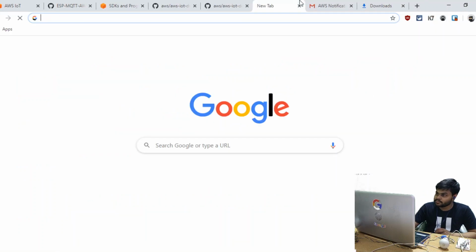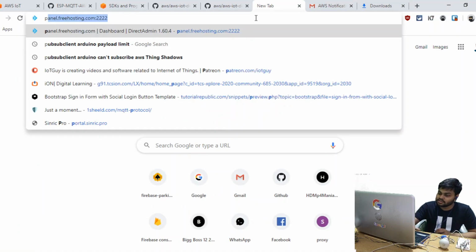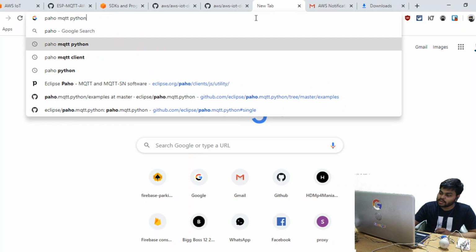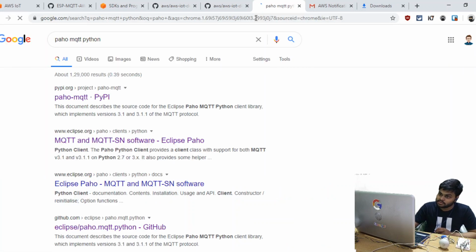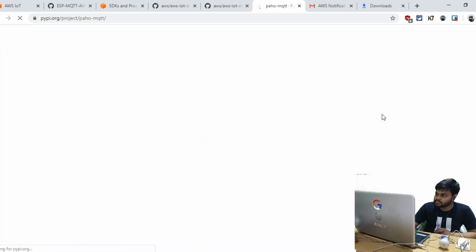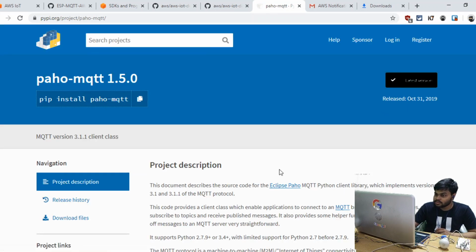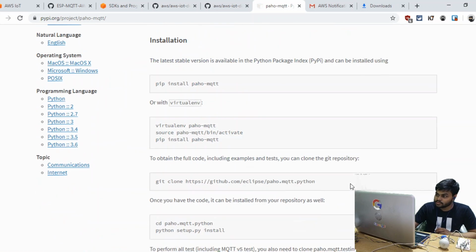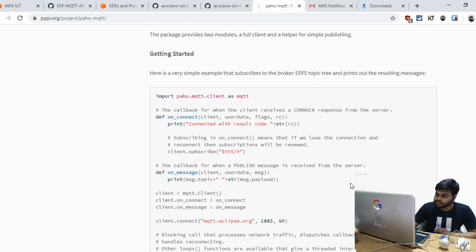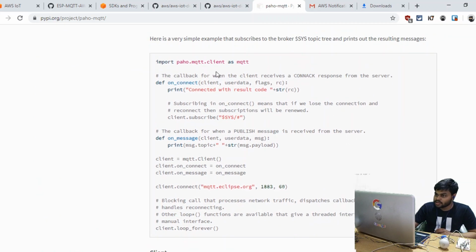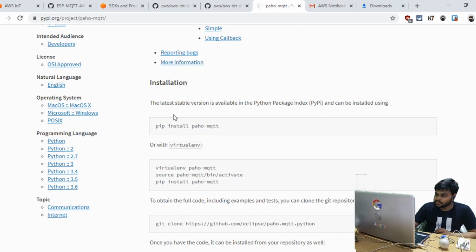It's very simple. Let me show you paho-mqtt Python. This is pypi.org, similar to npm.js. You can see here it's very simple. This is the library, and this is how you need to install it. Simply, pip install paho-mqtt.